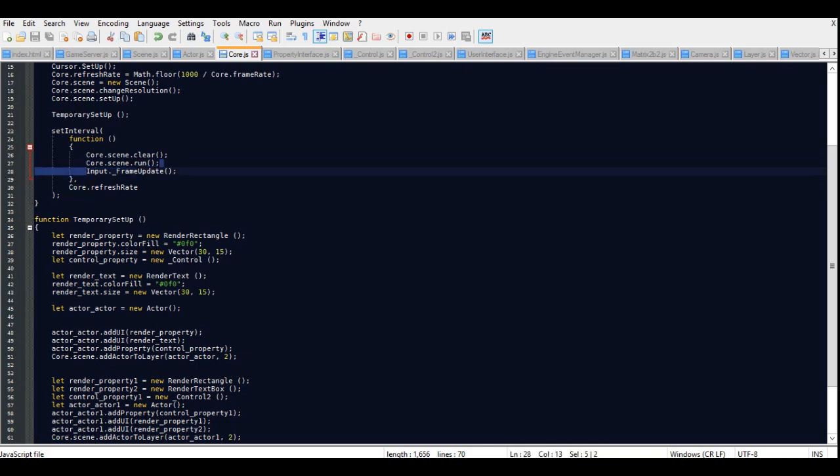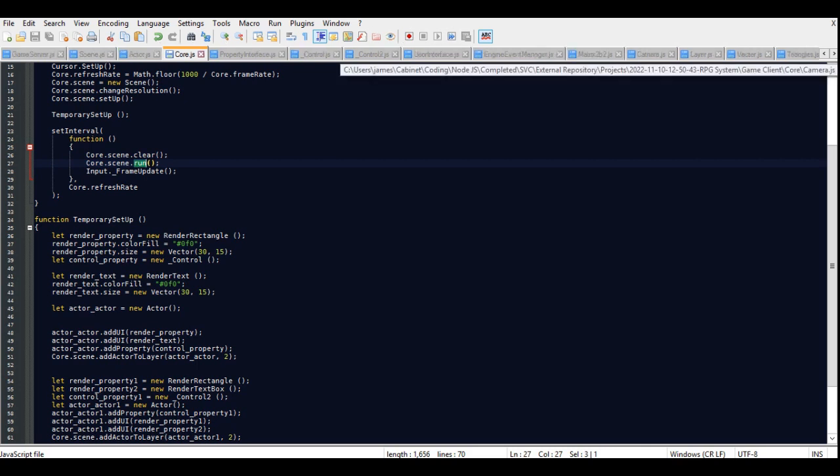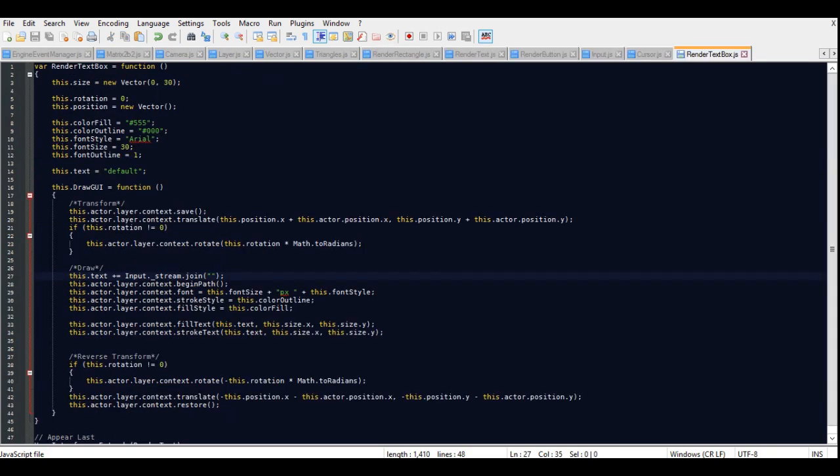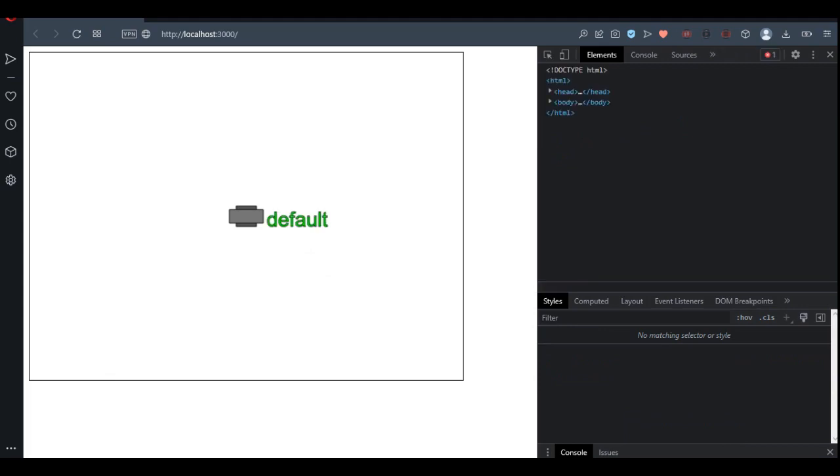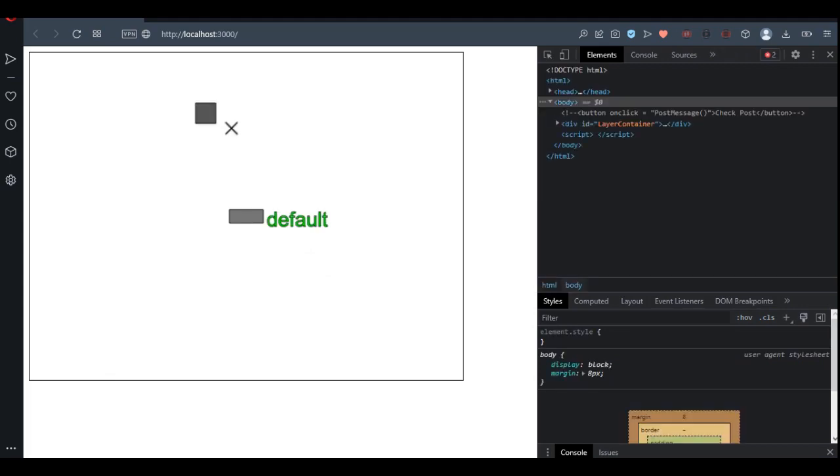Core scene.run, then we do the frame update. So the draw GUI should be on here, and it should clear after, which means I'm going to put the default as nothing, and now I've attached it to the other actor, which means